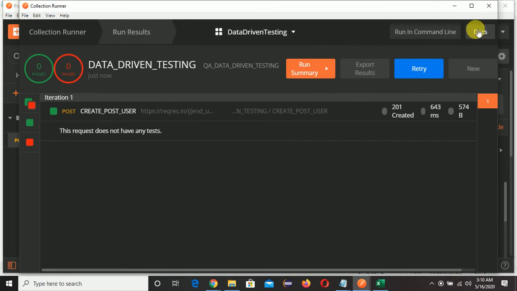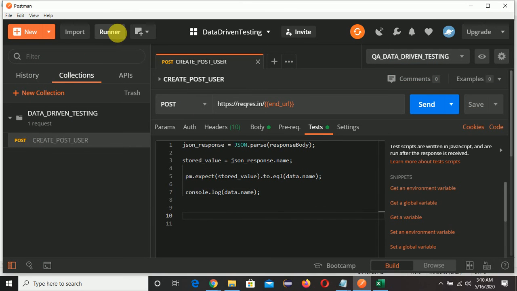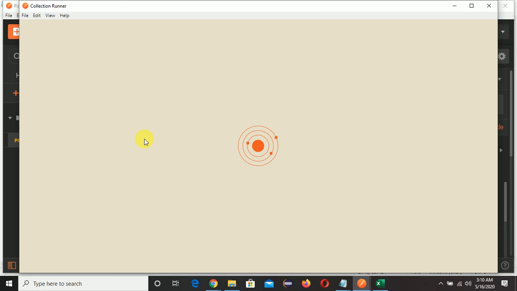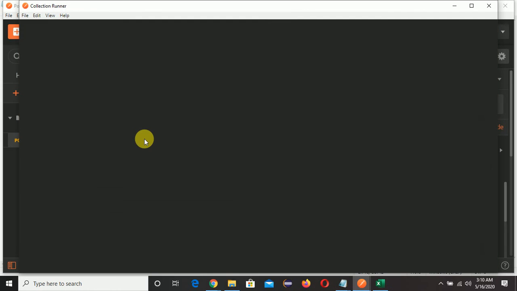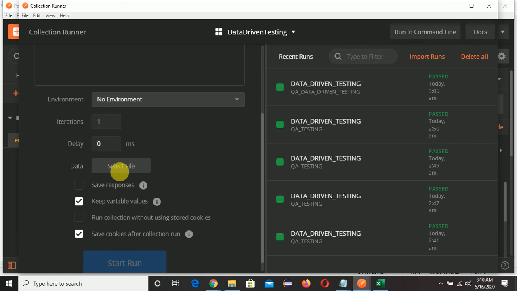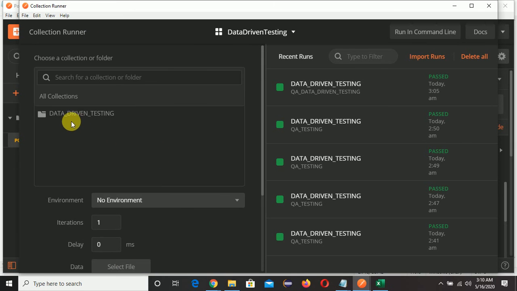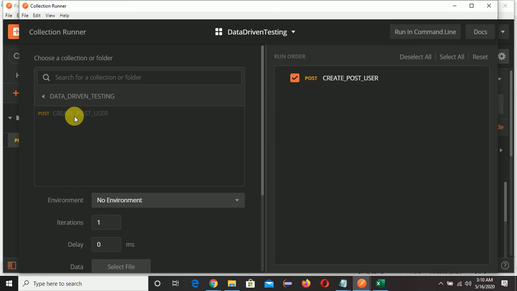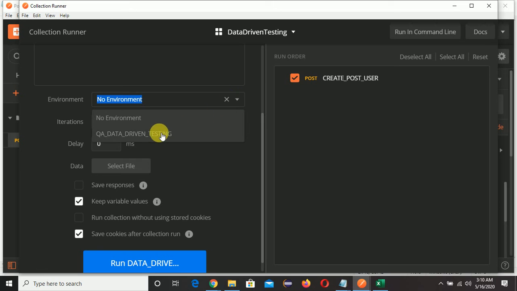So we'll close this one, runner. Since we are using a JSON file or XML or CSV file, that is why we need to use the runner, because we need to select the file, right? It is already selected. Or you can click on environment and select the QA data driven testing we created earlier.